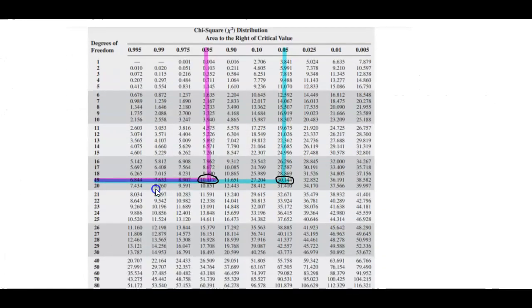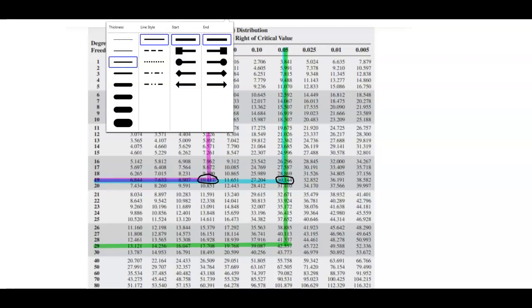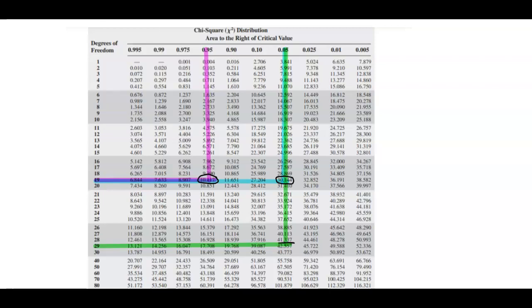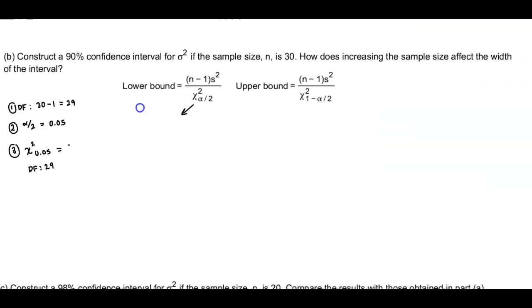So down here, we know that we have a critical value of 29, and we're looking for the area of 0.05. So there is the area of 0.05. And so we get the critical value of 42.557. Okay, so now in order for us to find the lower bound,